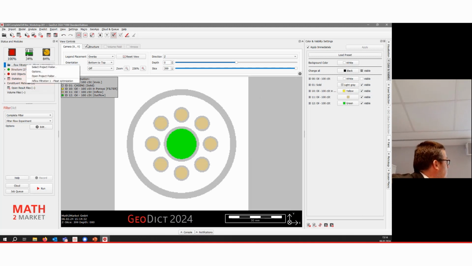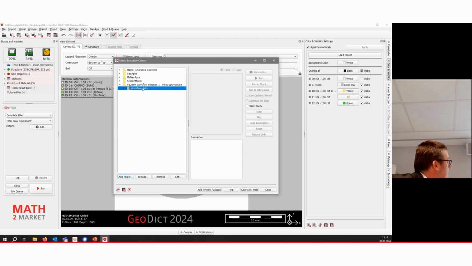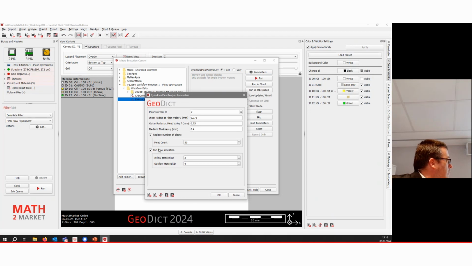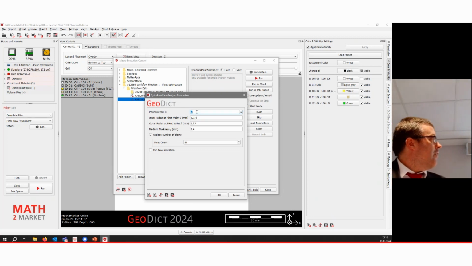So now what we wanted to do here is execute macro, and here inside we have our cylindrical pleat analysis. That's the one you've seen here with the UI. As I promised, the run flow simulation is there too. Now what you can do here is to say, well, pleat material is wrong here. Of course, that's the 10. And then let's say replace it by, I don't know, 20 pleats.